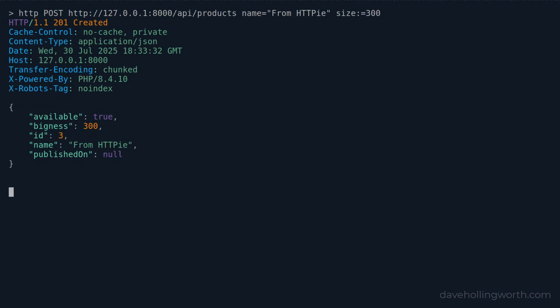Let's try that by sending a POST request to the /API/products path. To send JSON data using HTTP, we just pass key value pairs at the end of the request. To pass an integer, we put a colon before the equals sign. When I send that request, we get a 201 response with the details of the created resource in the response